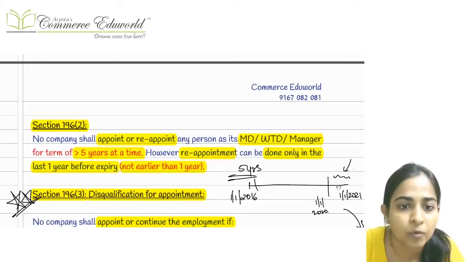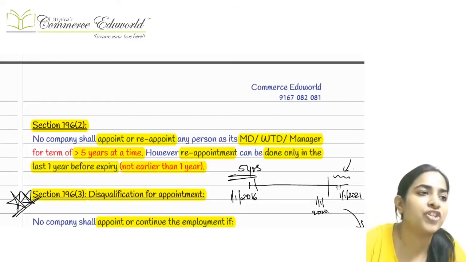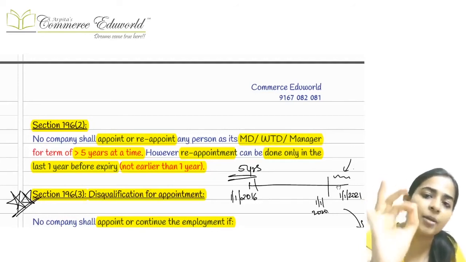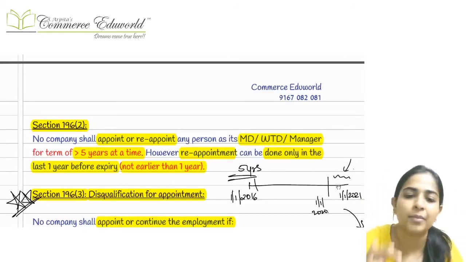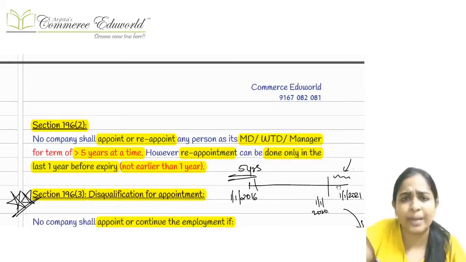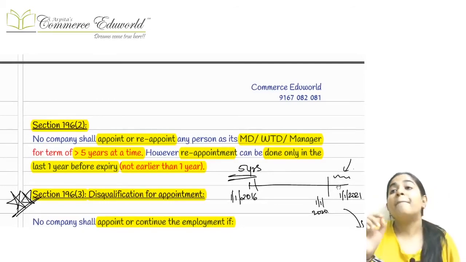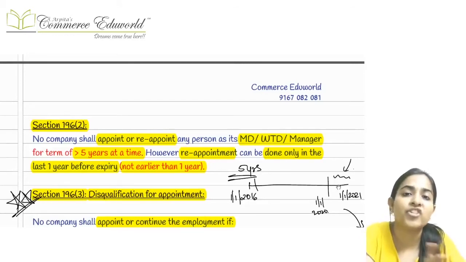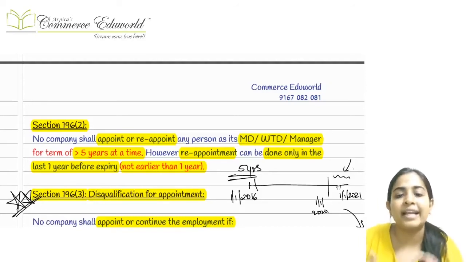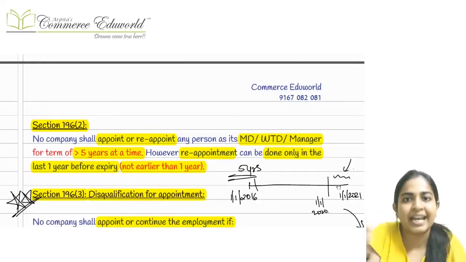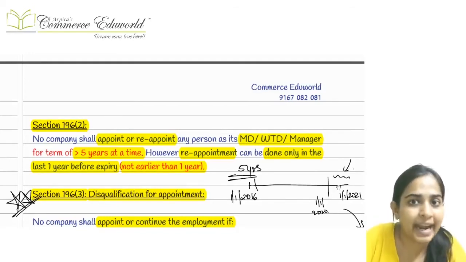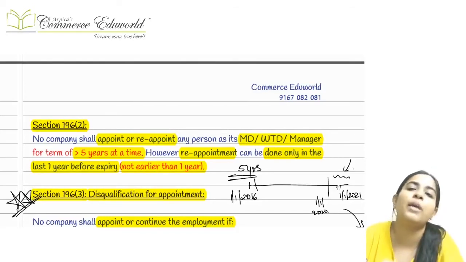No, that's not allowed. Okay, and whenever you are appointing any managerial personnel, they can be appointed for a single term up to 5 years. They can be reappointed also, immediately after that. There is no issue in that. But the reappointment cannot happen too much in advance. The reappointment can happen in the last year of expiry, that is just 1 year before the expiry. During that last term, only during that time the reappointment can happen. Okay, if you want to do it in advance, or else alternatively you can do the reappointment once the tenure is over.